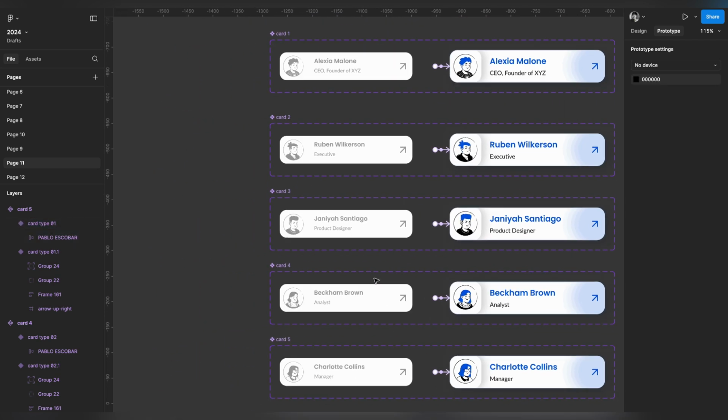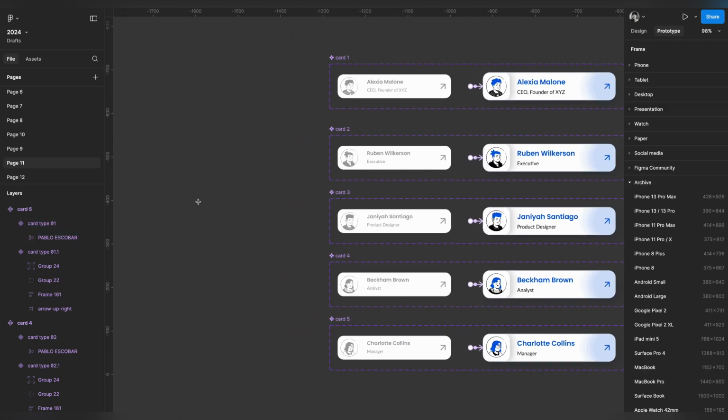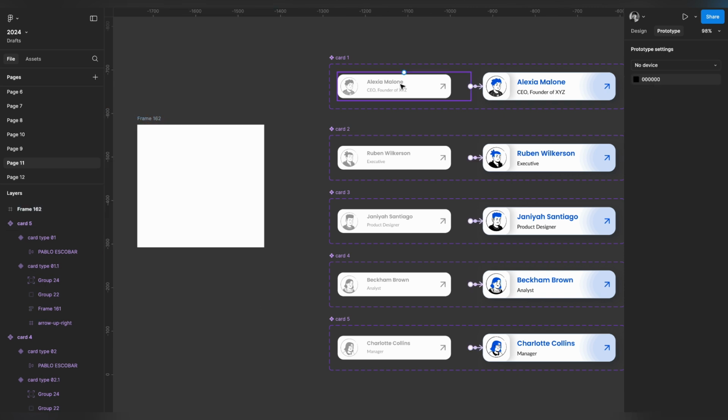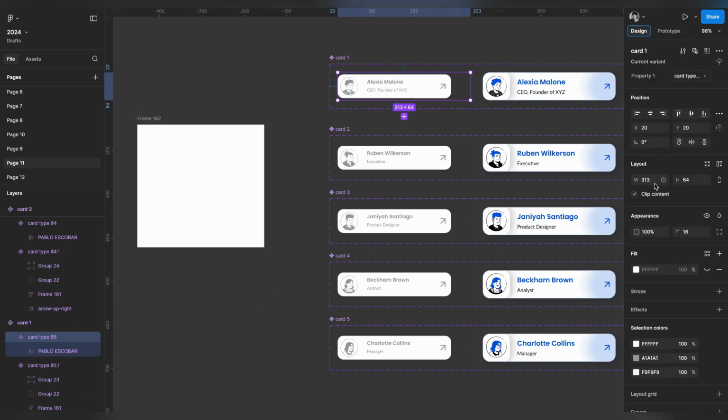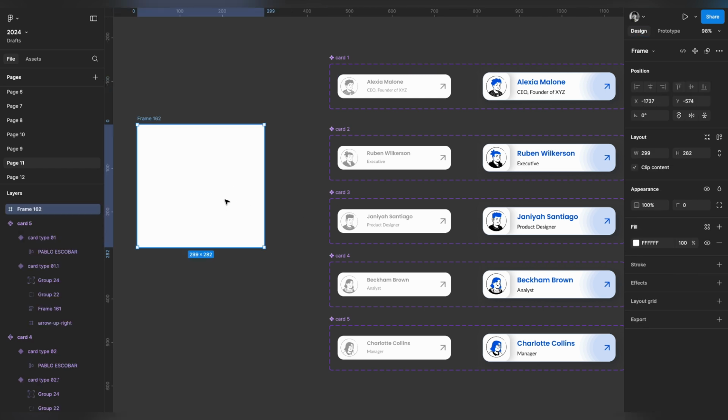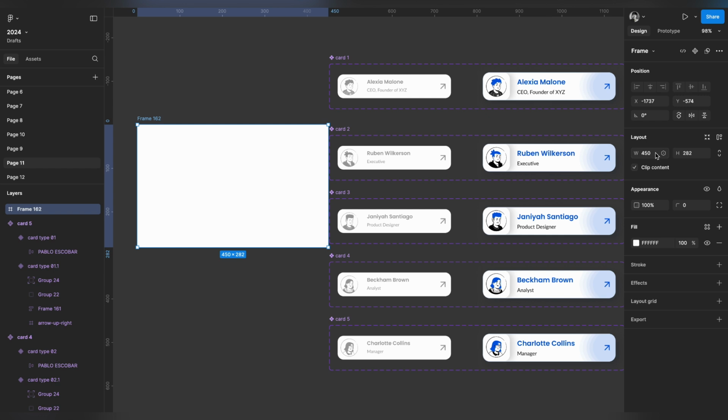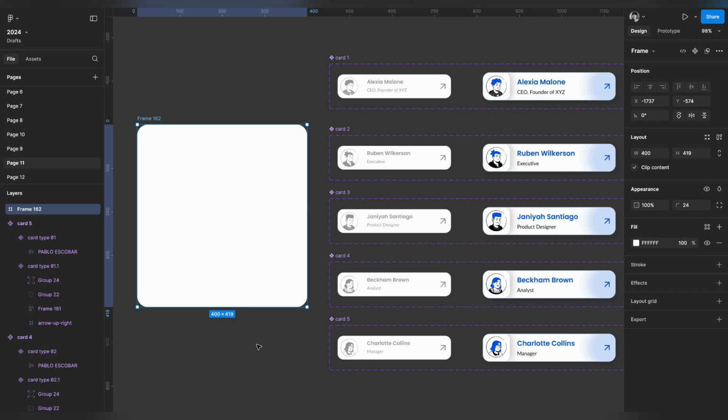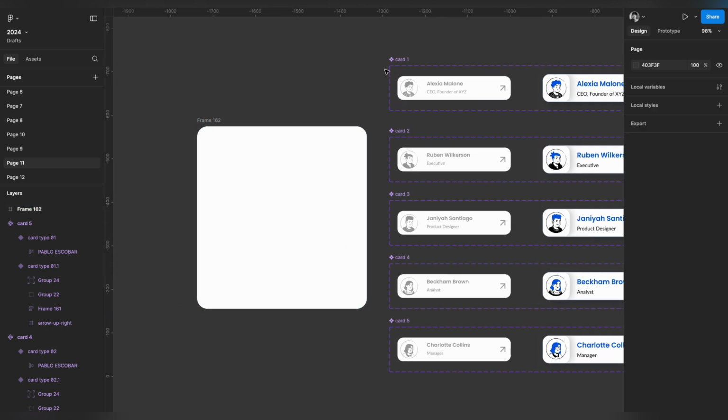So now we have to create one small thing, that is a frame. Let's assume the frame size is 313 width. I'm going to make the width 450. Not 450, 400 is good enough. Make the corners rounded as it is, so it's going to look a little bit softer and make your view more appealing. These are the parent components. Don't forget to use the child, don't use the parent directly. Just copy and drag